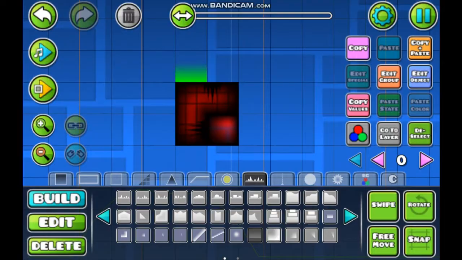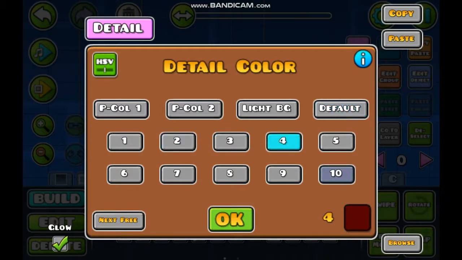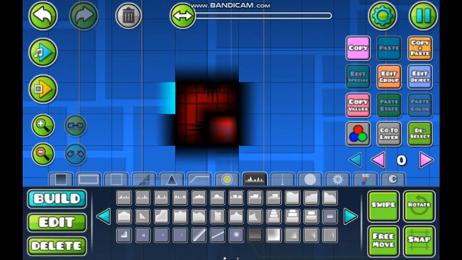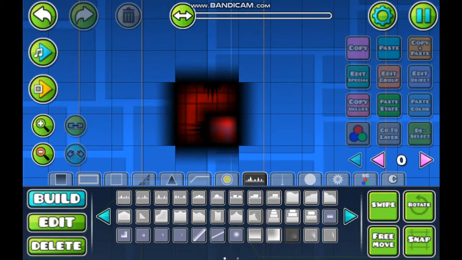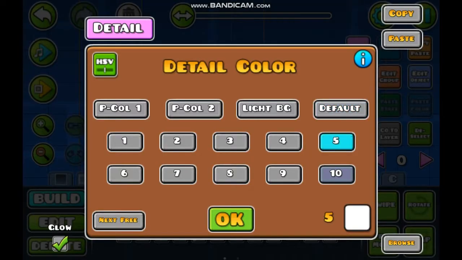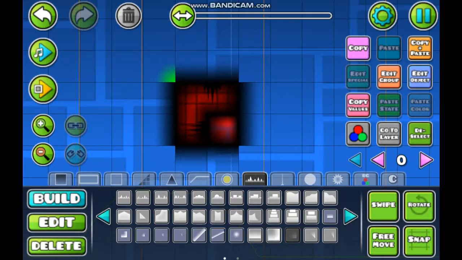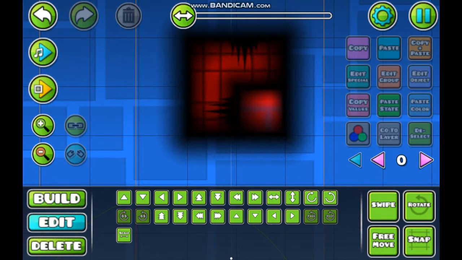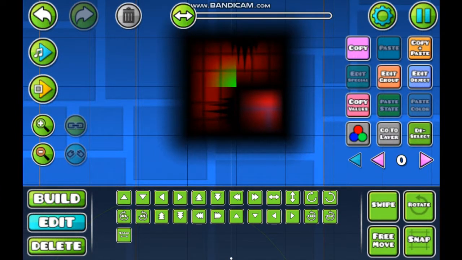And one last thing, you gotta take that black or whatever color you use, and you gotta put it all around the outline. This makes it so you can't see the object line, which also makes the block look a little better. Which also, it has an effect on how good your level looks. If you have it just that block line, it's not as good as if you use glows. So basically, what you have now is this really neat block, which you can easily, like, if you want to make it look better,